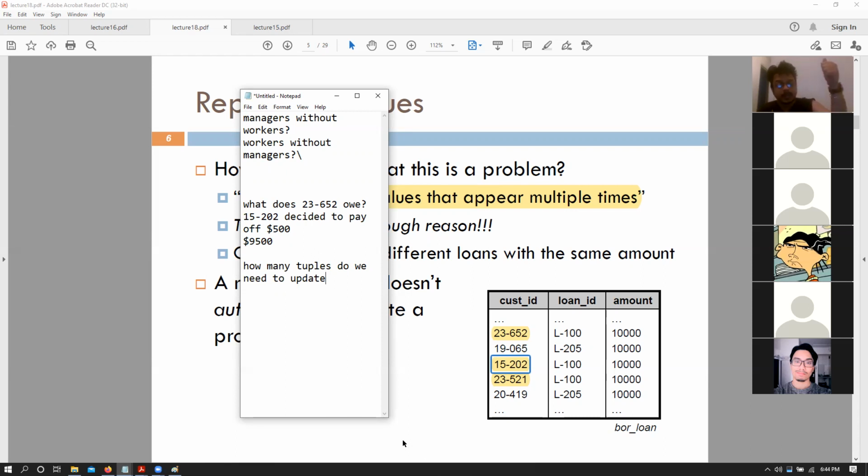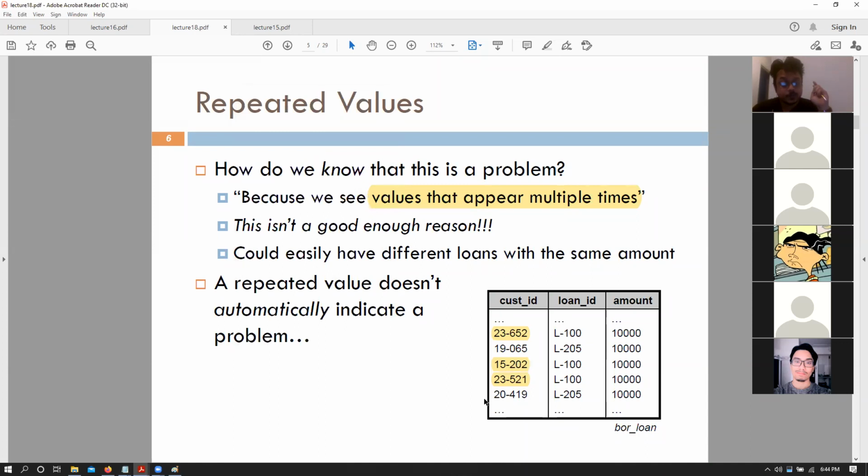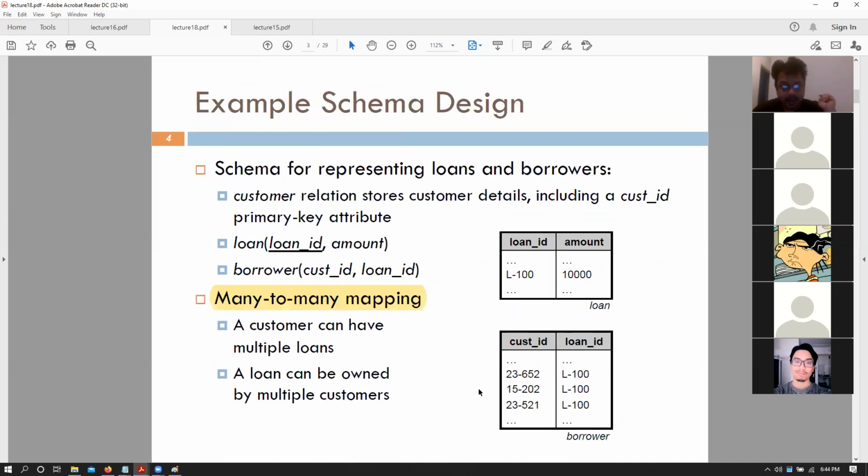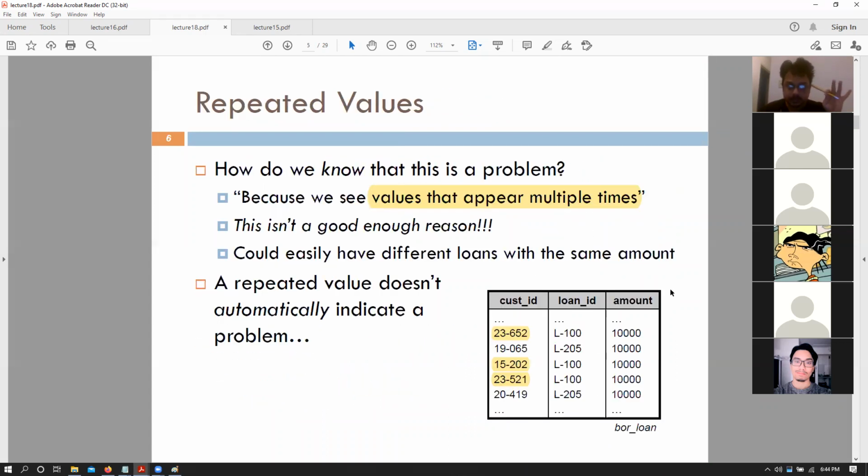exactly, loan ID should be the primary key to loan amount. But since we have joined both of those informations together, we now have this redundant set of updates for a single particular update, which was not the case if we had this sort of breakdown. In this sort of breakdown, every user had their own loan ID, and we could have just updated this particular single amount to 9,500 and everything is fine. There is no redundant updates anywhere. So that is the distinction that we want to make. That is what is repeated values and why are repeated values bad.